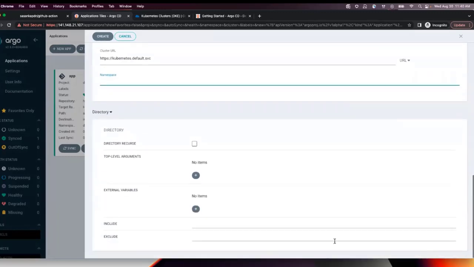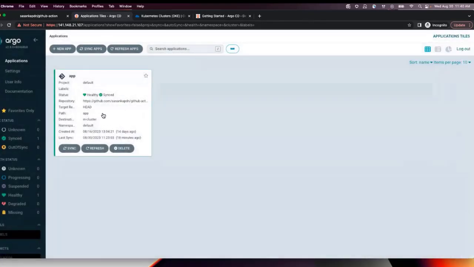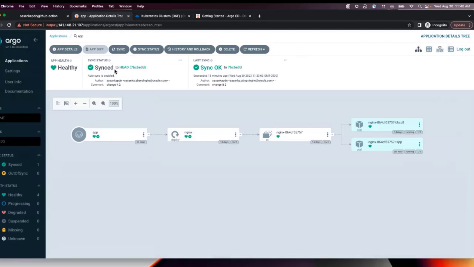I didn't put any other options right now, just create. Once you create, you will see the application is synced with GitHub. Once this is ready, this is called the CD, the continuous deployment process.